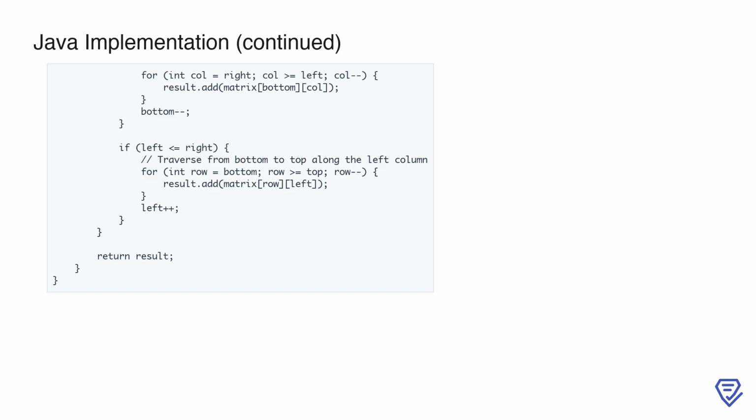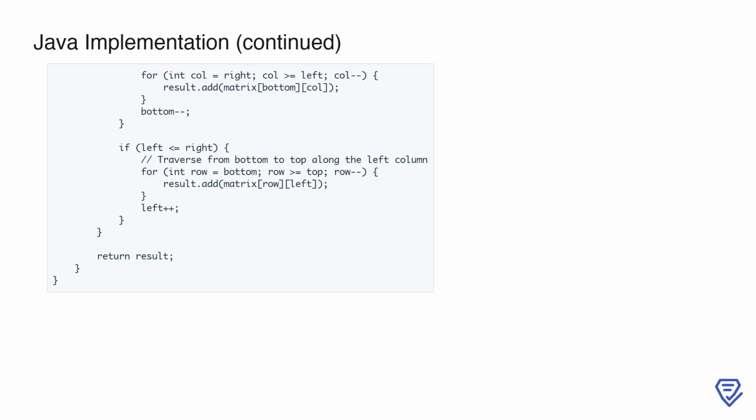Similarly, if the left boundary is still less than or equal to the right, we move upward along the left column, adding elements to the result and incrementing the left boundary. These steps ensure that we traverse the matrix layer by layer in a spiral pattern. Once all rows and columns are processed, the while loop exits, and we return the result list containing the elements in the desired order. This implementation efficiently handles the traversal by adjusting the boundaries dynamically, ensuring that each element is